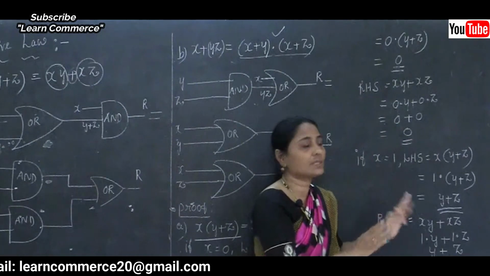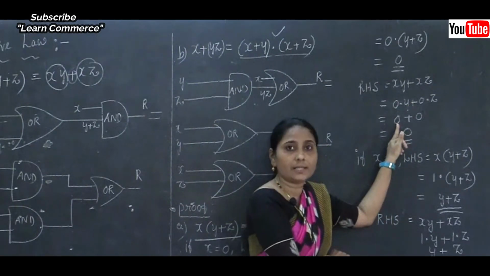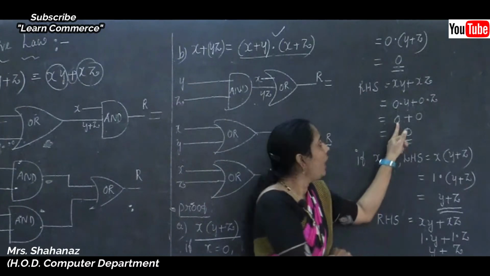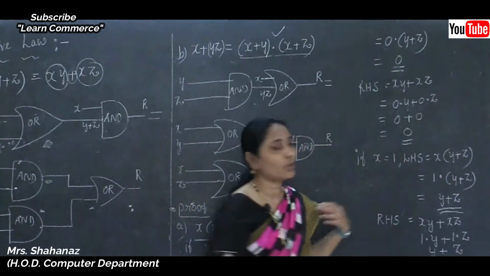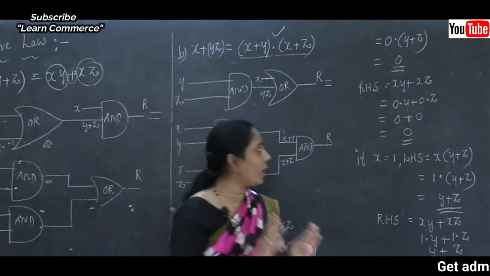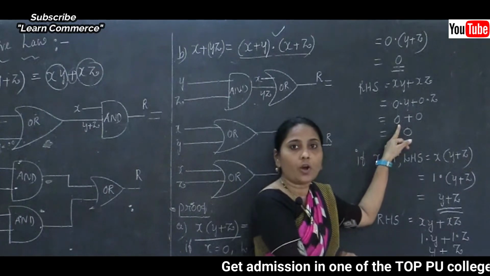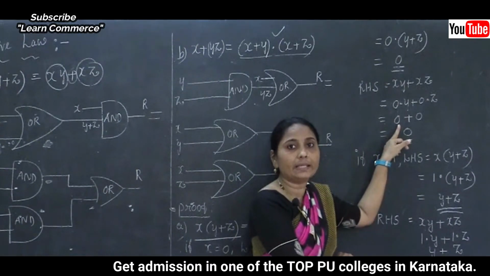Whatever the value is there, the result after the multiplication is 0 only, correct? And maybe for our z also, whether the z value is equal to 0 or equal to 1, the result is 0 only. Now by using the OR relation, we are going to create the relation.